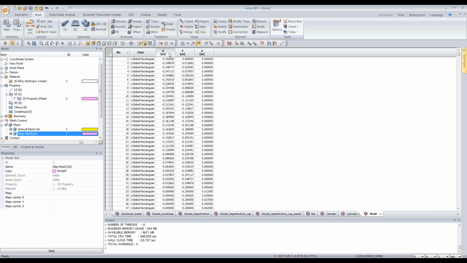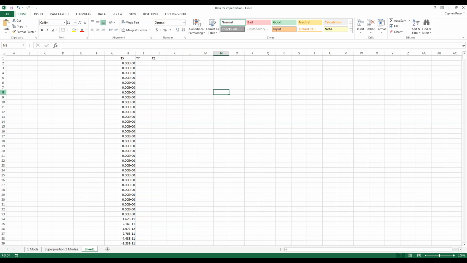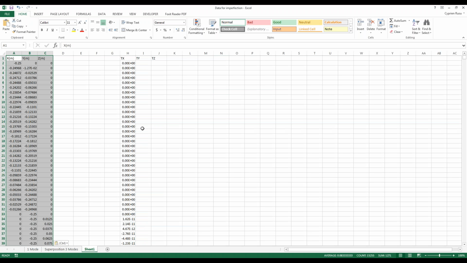And let's make a copy of these nodes. So Control C, let's put it there, and we have it. So basically we have initial coordinates, we have deltas, and the next step is very convenient to define some scaling factor